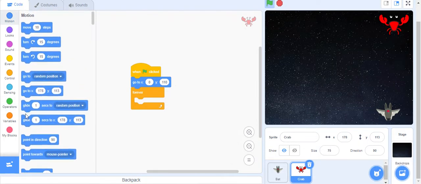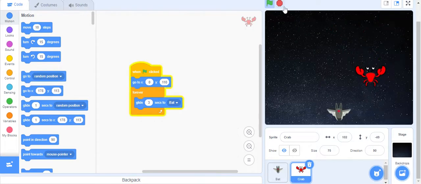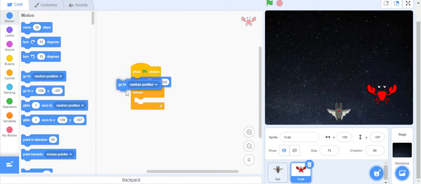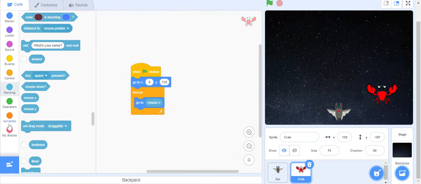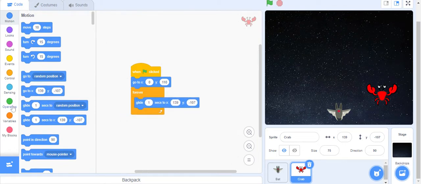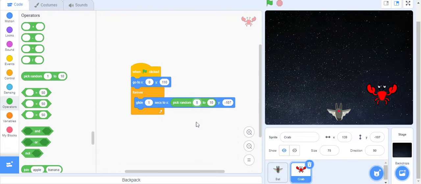what you can do is glide 3 seconds to bat. If you want, you can change the timings also. Okay, I think I got it. It is like go to mouse x. No. Okay, so for this we're just going to keep a glide and then let us just see what happens. y 140. Okay, for now let's just simply see how this works. Let's pick random -180 to 180 and then